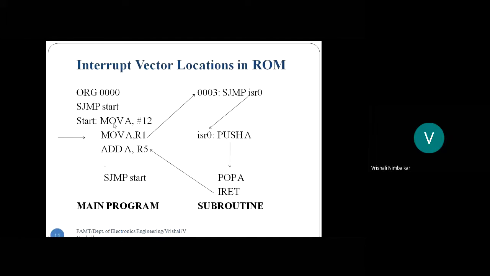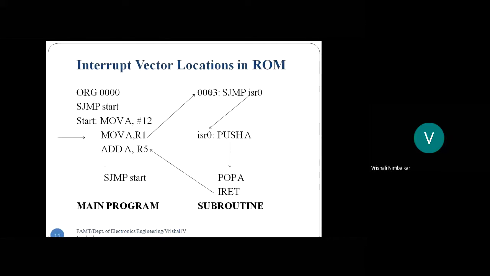Whenever the microcontroller is executing the main program and suppose an interrupt arrives at the instruction MOV A, R1, it completes the current execution, stops and jumps to the vector address 3 hex. And at 3 hex, we will again be writing an unconditional jump or an unconditional call to some other memory address, right? For example, it is referred to as a label ISR0. And at that label will be your actual interrupt program.